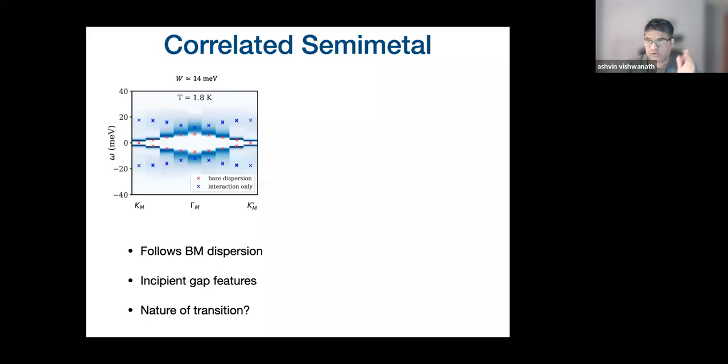Okay, so it would be very interesting to look at the transition. How do you go from this correlated semi-metal? When you reduce the bandwidth, how do you transition into the insulator? Okay, there's a standard theory for that transition. It's like a Gross-Neveu criticality, where you have a mass gap that opens at this K point.